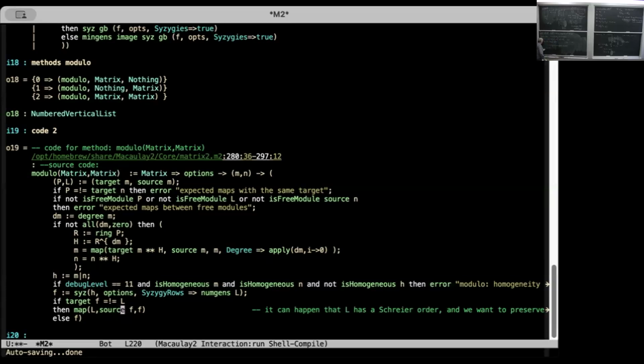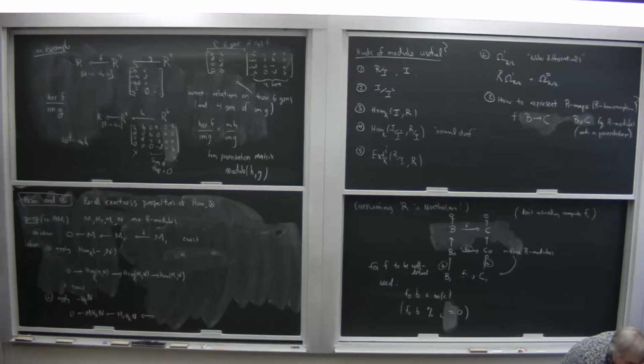And then B, if we instead apply tensor over R with N, what do we get? Here we get M tensor over R of N. That'll map to, that'll be 0. Actually, this is when you don't have to worry, it never changes the direction of the arrows. And then this one is M0 tensor over R of N. And then here is,